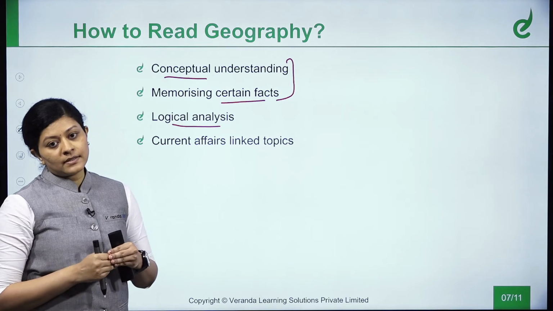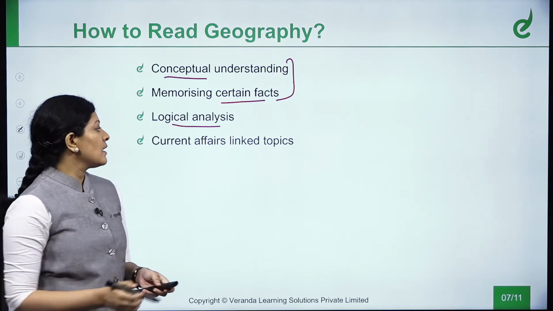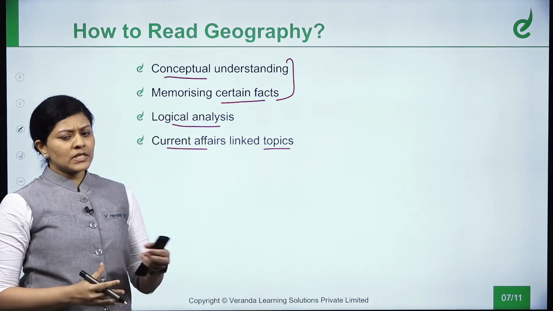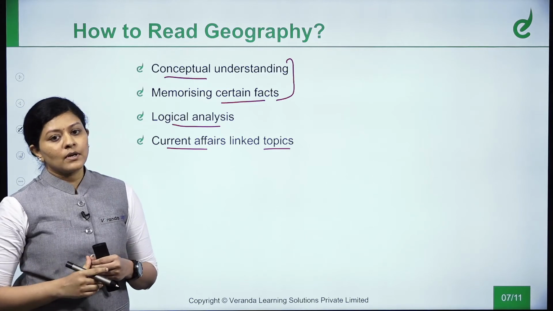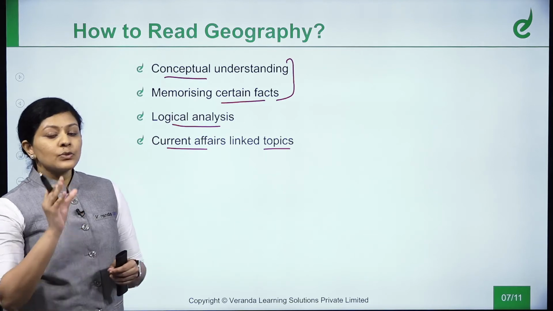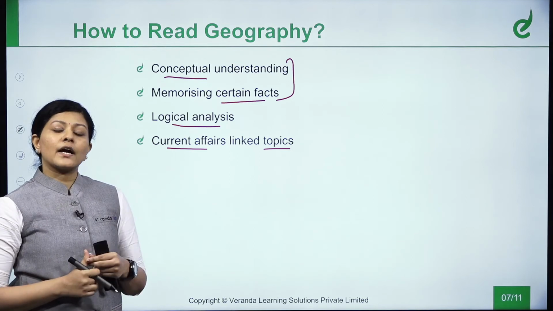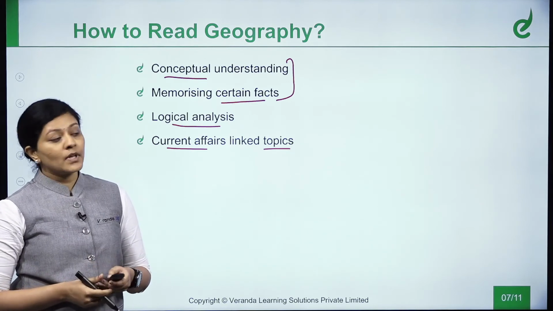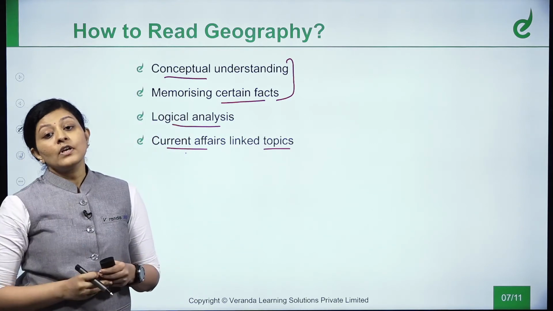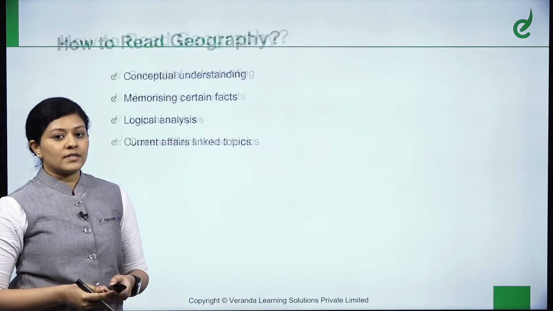We can correlate certain things and come to a proper conclusion while attending a prelims question, and by linking current affairs to the topic. For example, recently the Suez Canal was blocked due to a ship. What's the reason behind it? That will be dealt with in a different subject. Here, since the Suez Canal is in the news, we have to see what the countries near the Suez Canal are, and why it is economically important to world trade as well. So we link current affairs to our subject, geography, the geographical physical features of the region which is coming in the current affairs.